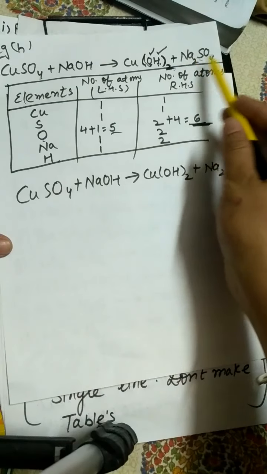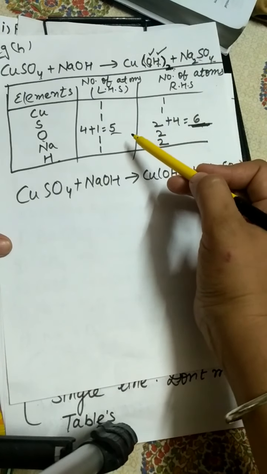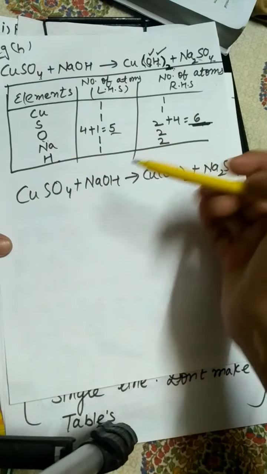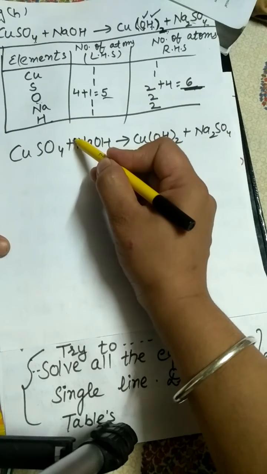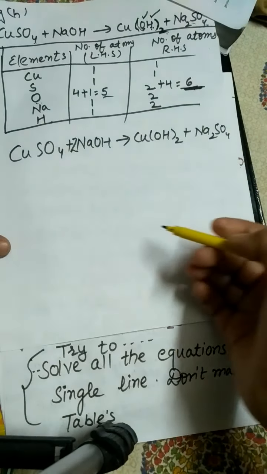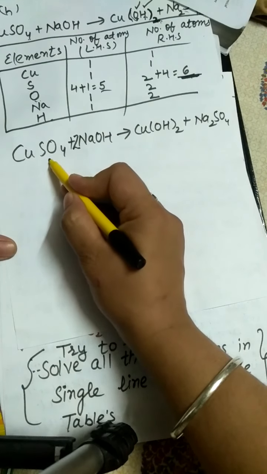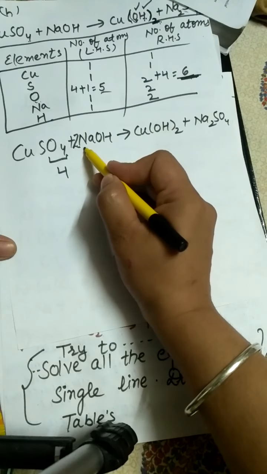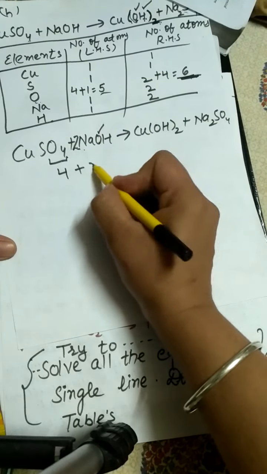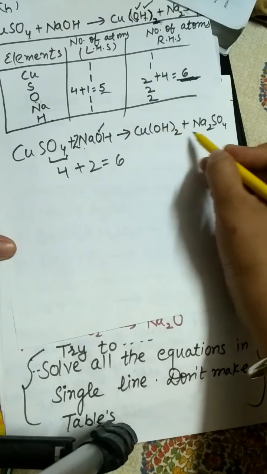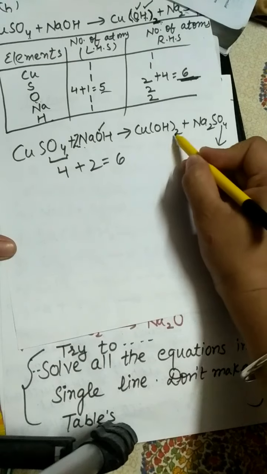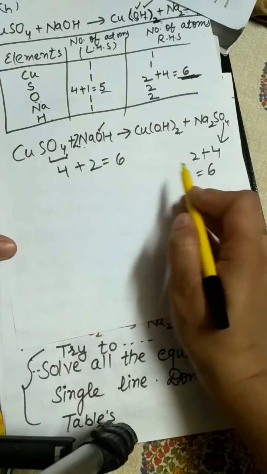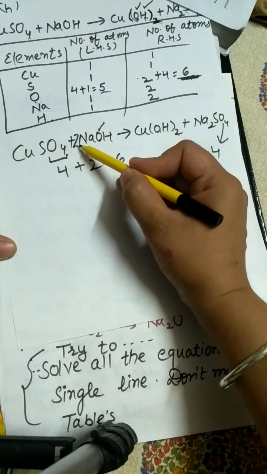Here oxygen has 6 atoms. So in order to balance it, we have to see what we will place on the left hand side so that the oxygen atoms are also equal to 6. If I place here 2, if I multiply this by 2, then what is happening? You can see here, beta, oxygen has 4 atoms. Now if I multiply by 2 in this compound, then oxygen now has how many atoms? 4 plus 2, that is equal to 6. This side also you know 4, this is equal to 2, which is equal to 6. Now oxygen is balanced, as I have placed here 2.